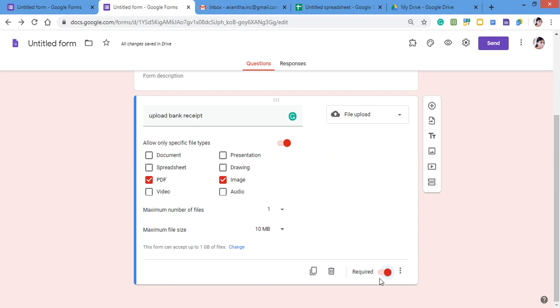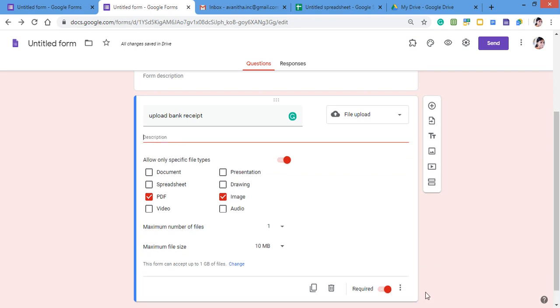If I am making this required, then if the person is not filling this particular question, it won't go to the next submission level or next section of the Google form. For that reason only this required button has been given. Now here you can also give a description regarding the required button.